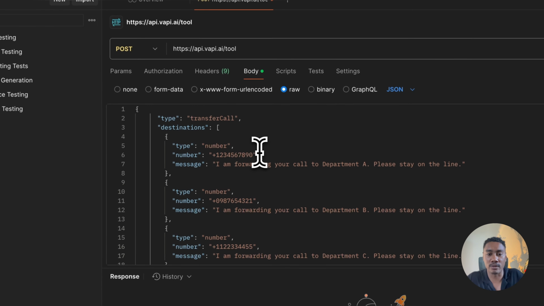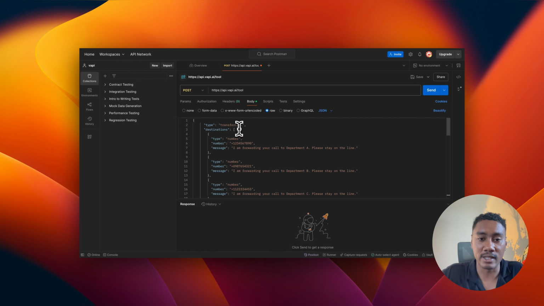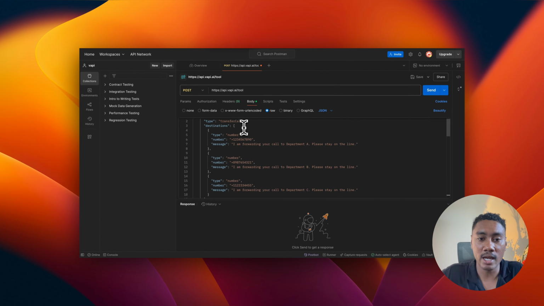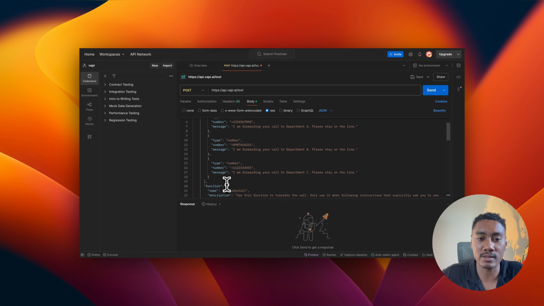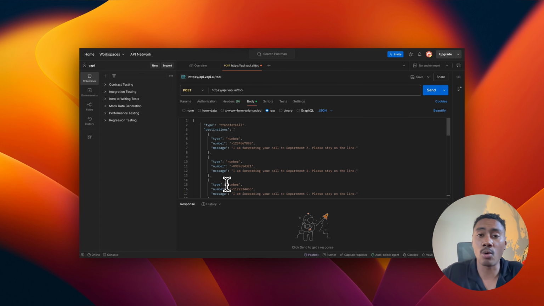And then just to go over this, we have this transfer call, right? And we have these different destinations. So in this scenario, we're going to be needing two destinations. One that goes to the office manager, and then the second one is going to go to the operations manager. I think I have it mixed up, but we have those two departments that we need to set up this